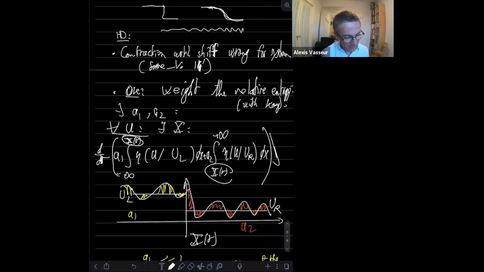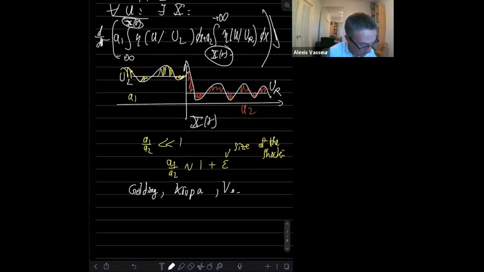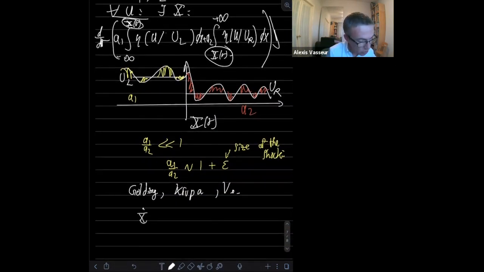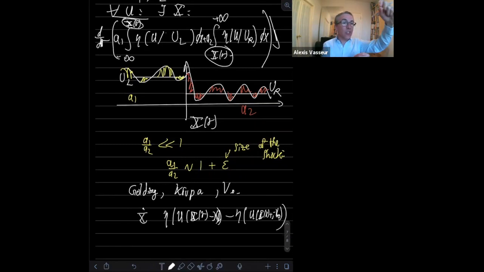You see that you have a sort of x dot eta of u on the left minus eta of u of x of t plus on the right. Right, because it's a differentiation: eta at the point going from the left, minus